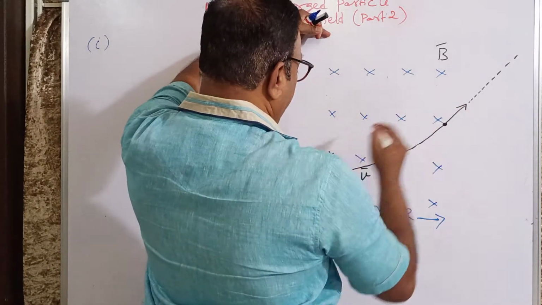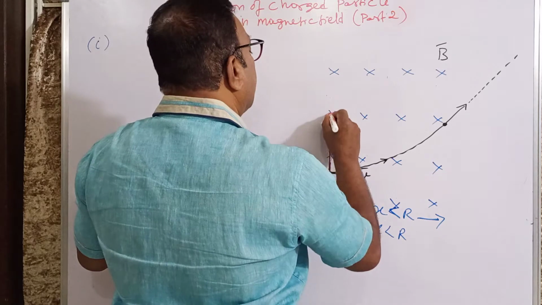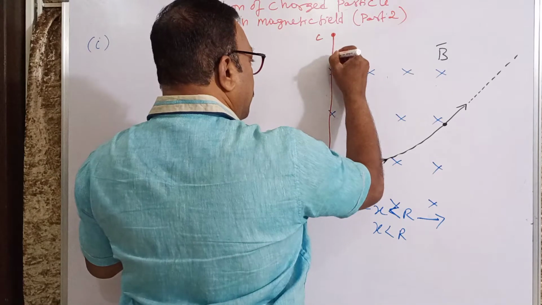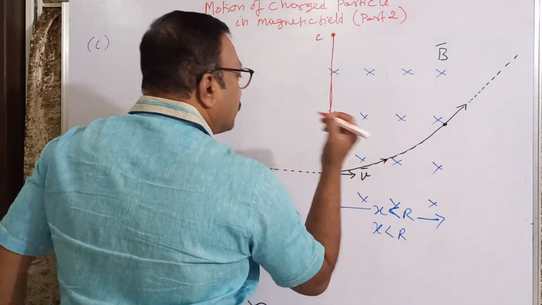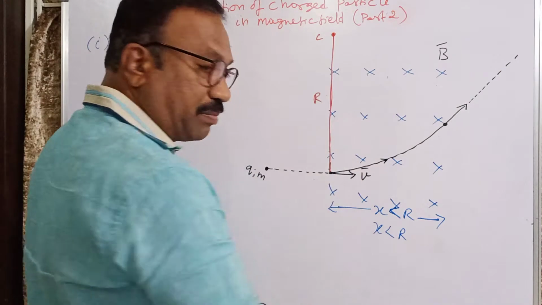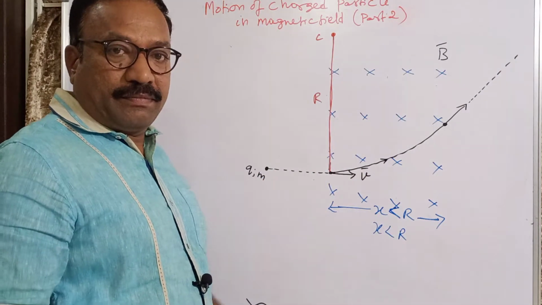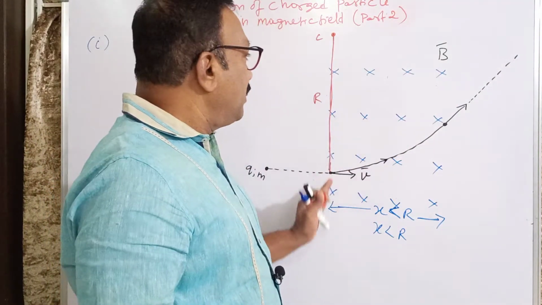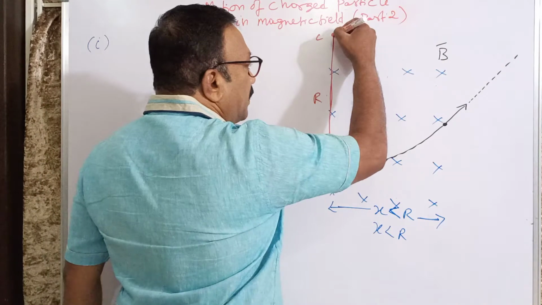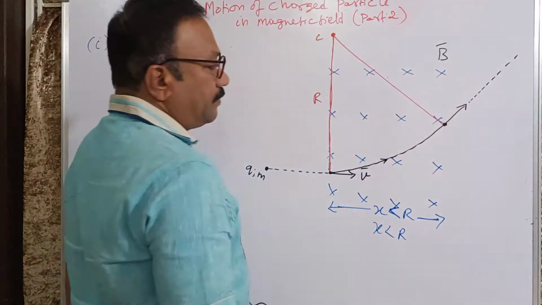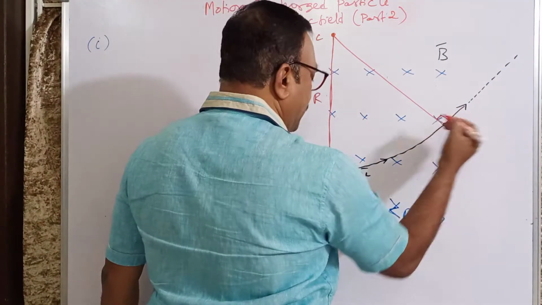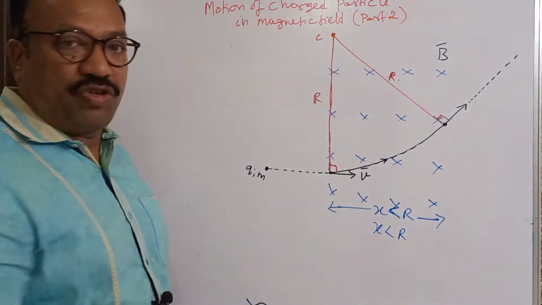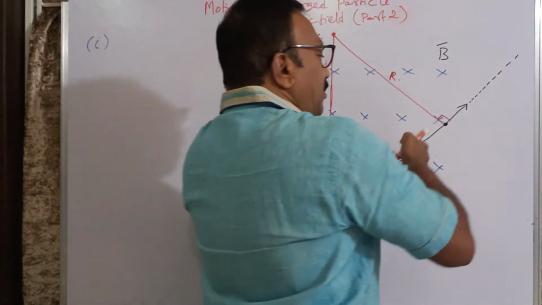Here also perpendicular. So here is somewhere the center I will take. This must be the radius, because the radius is perpendicular to the velocity. For a circular motion, velocity is always tangential, and for a tangent, the radius is perpendicular. So let us say this is also a radius. Even this also has to be 90 degrees. So this is also a radius of the circular motion. So this is a part of a circular motion now.